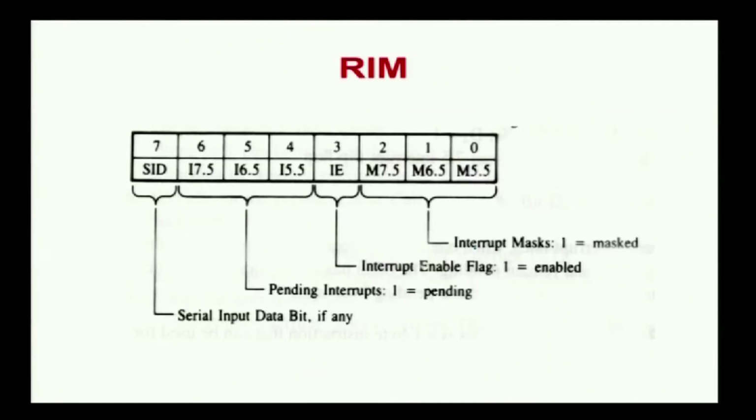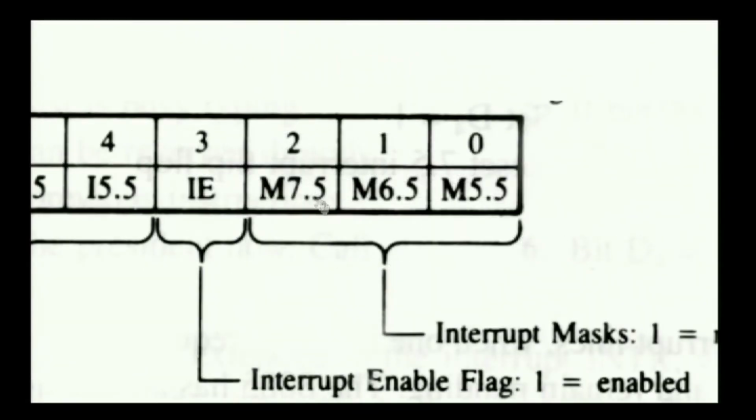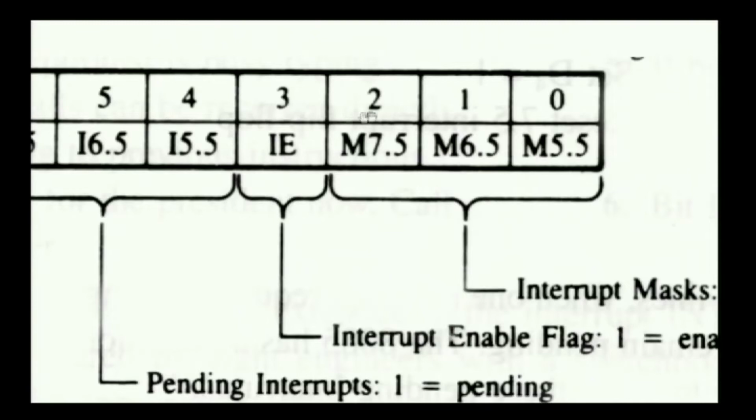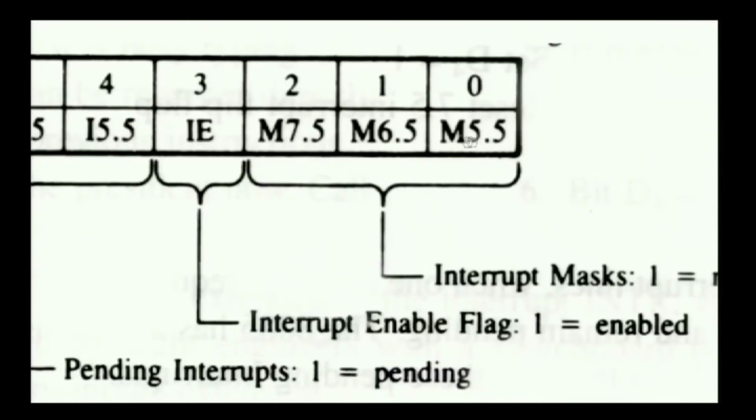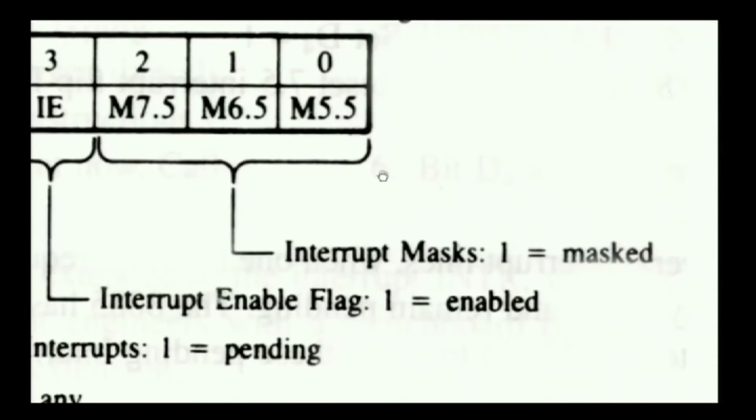This is the format of the RIM instruction, which is an 8 bit position. It has a number of bit positions which are denoted as D0 to D7. Among them, the first 4 bit positions are used for setting or resetting the interrupts. So, the 3 maskable interrupts, which are RST 7.5, 6.5 and 5.5, have the 3 bit positions. If the bit position is 0, it means the corresponding interrupt is enabled, otherwise the interrupt is masked. Masked means disabled, 0 means available or unmasked.